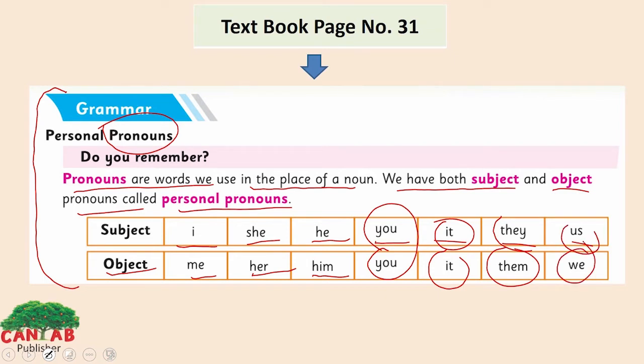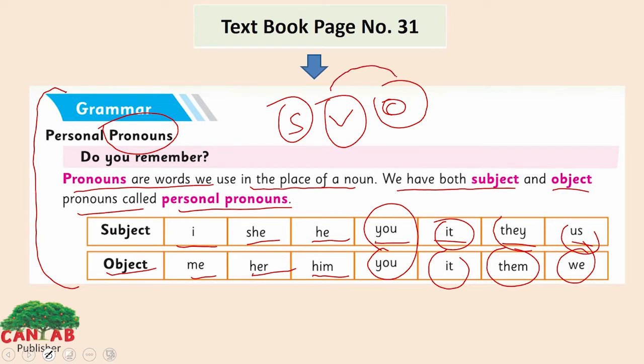Always remember that in the sentence the subject comes first, then the verb, and then the object. Subject is the doer of the action, verb is the activity, and object is that on which the activity is done. But it can be swapped when we use active and passive voice sentences. We can swap and add the preposition by. These can be both object and subject, but it depends upon the sentence.